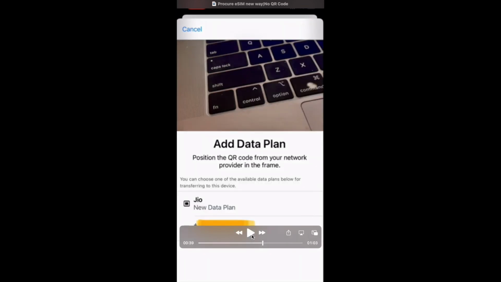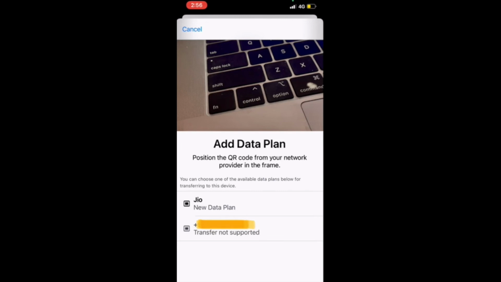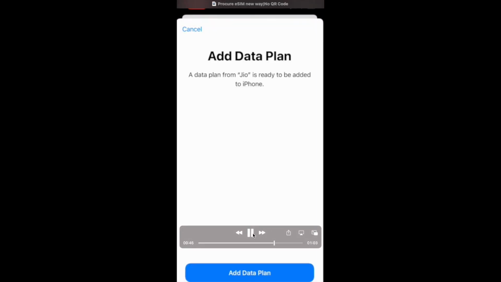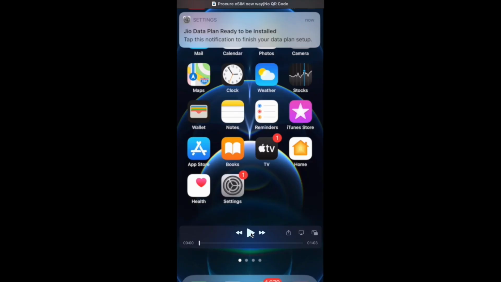Now you can see it fetched the profile which is waiting for me, and I tapped on that profile. It shows this add data plan page. Since you have multiple SIMs on the phone, it will ask you to choose the primary or preferred line.